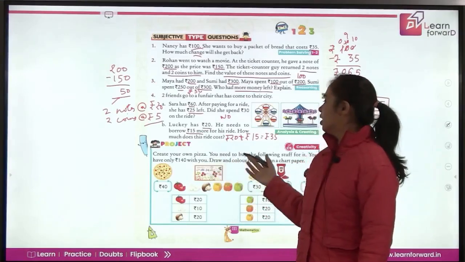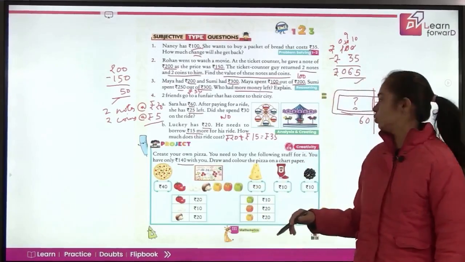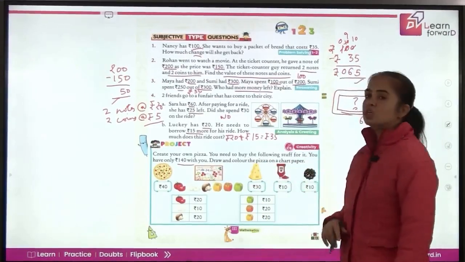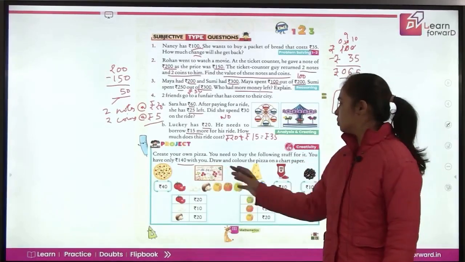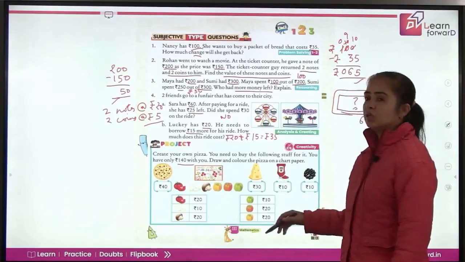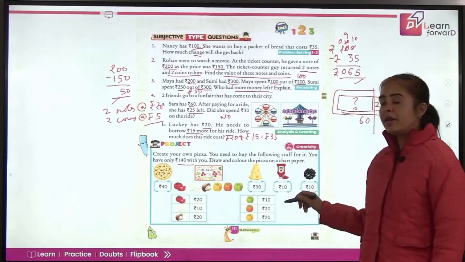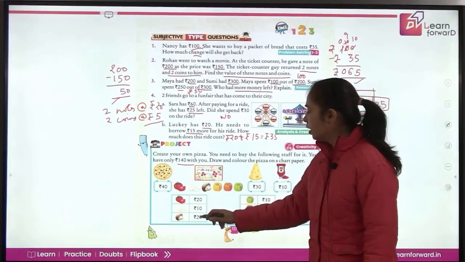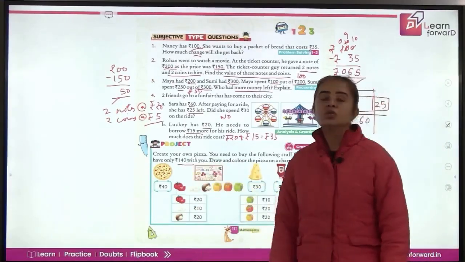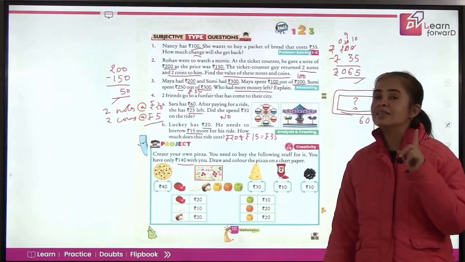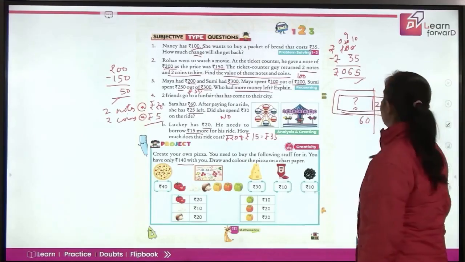Now, here's a project for you. Create your own pizza. You need to buy the following stuff for it. You have only rupees 140 with you. Draw and color the pizza on a chart paper. So, you need a pizza base, that is for rupees 40. You need some vegetables. You have cheese for 30 rupees. Then you have the sauce for 10 rupees. You have this for 10 rupees. So, the cost of vegetables is also mentioned here. Total money you have is just rupees 140. So, be wise in selecting what items you will be using as topping over your pizza